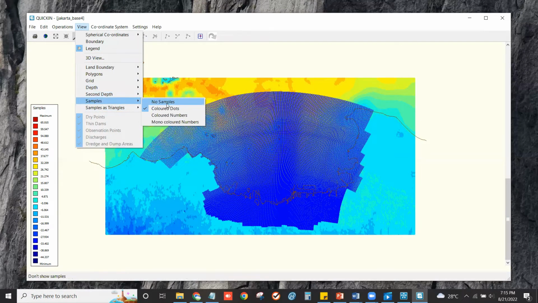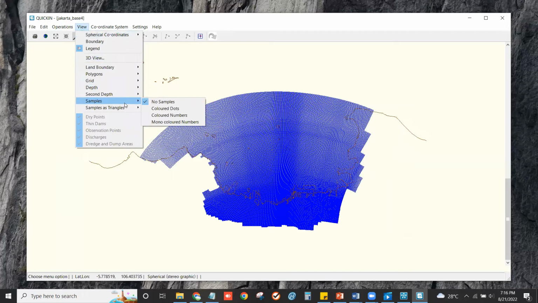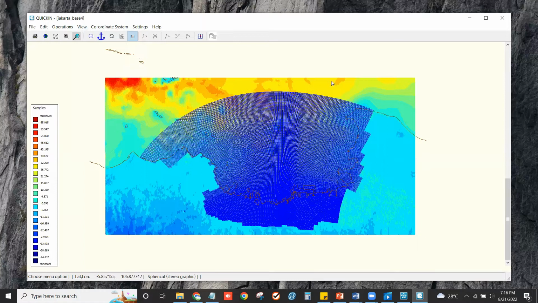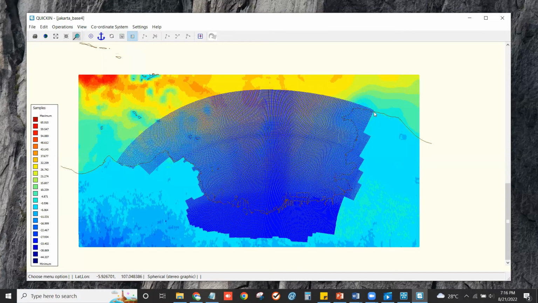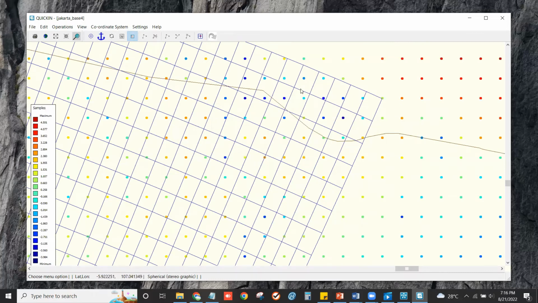If I click no samples, the samples have been cleared, and I click again on color dots. These are the samples, and this format is dot color, only for the dot.